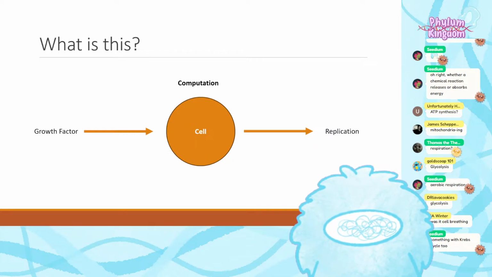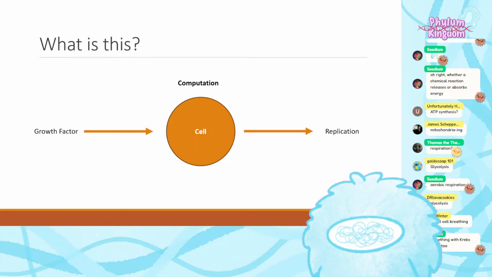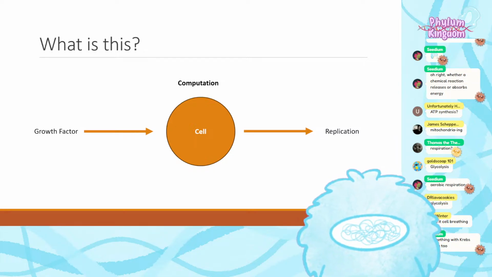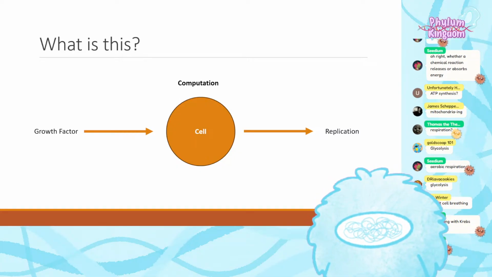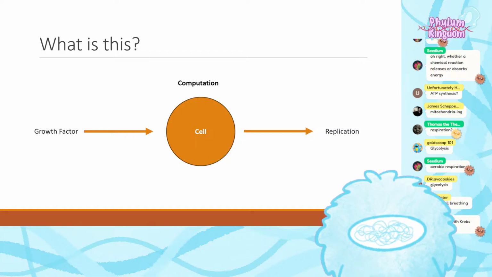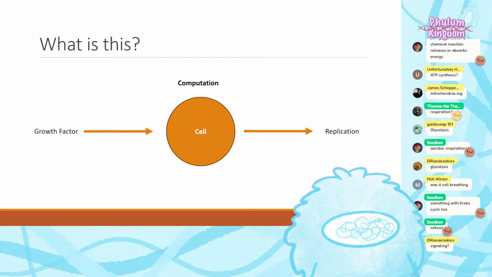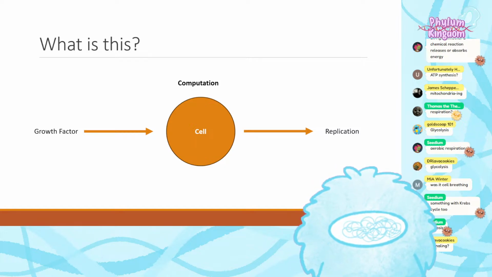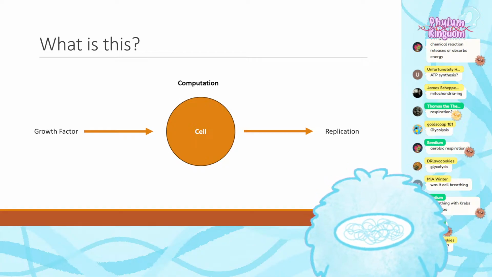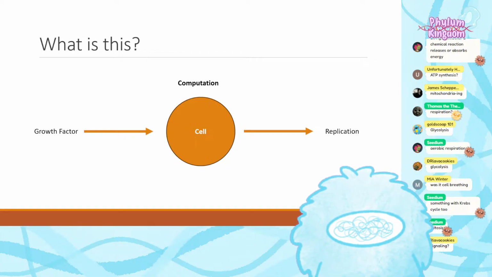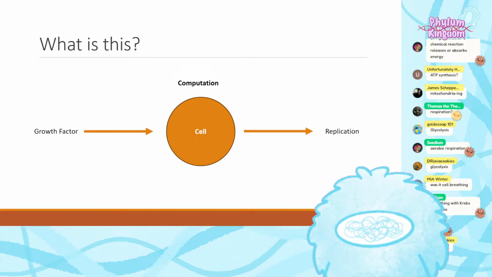What about this? A computation that involves taking a growth factor and converting it into the process of replication. What is this process called? Something with Krebs cycle? Yeah, exactly. Cellular respiration. That'll do. Was it cell breathing? I mean, yeah, you could call it that. Signaling would be one way to describe this, but what is the actual name that we give this? Or one of the names that we give this. There are a couple of correct answers that I'm looking for here. Taking growth factor as an input and converting it to replication as an output. What do we call that?